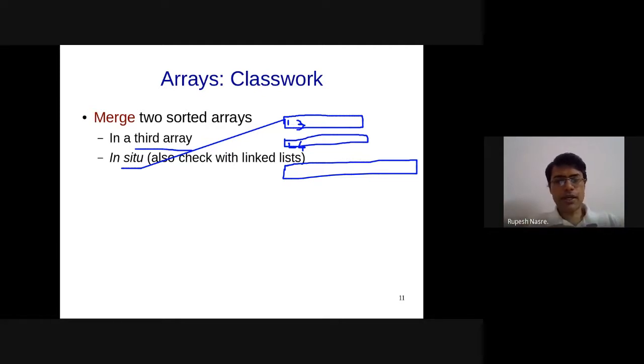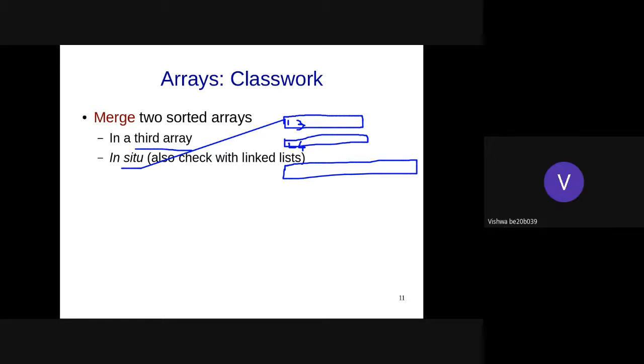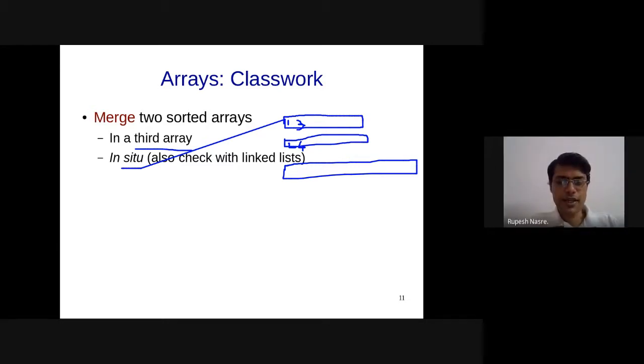The good part is that your processing is going to become simpler, and you can actually make use of some existing sorting algorithm which might be there in the libraries, but there is a downside to it. What is that, Vishwa? Time complexity. Yeah, and why is the time complexity large?